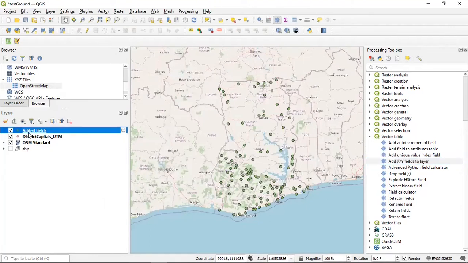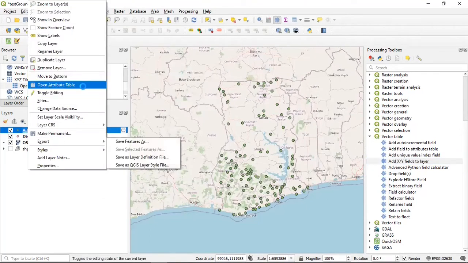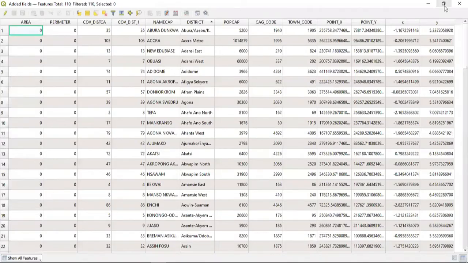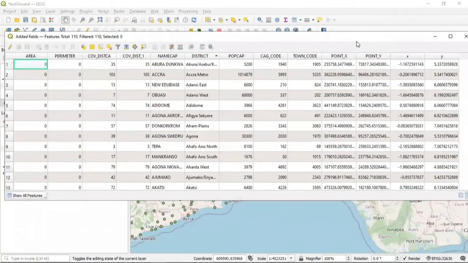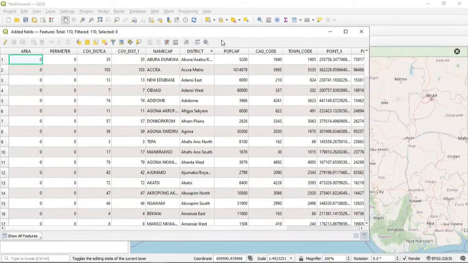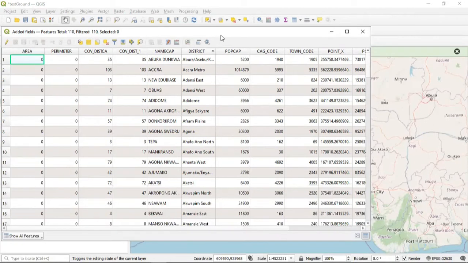Okay, so what you will see is that it keeps all the information in our original shapefile, right? It keeps all the information. The only difference is that it adds the X and Y to it, right? It adds our X and Y to it. So we had our coordinates in